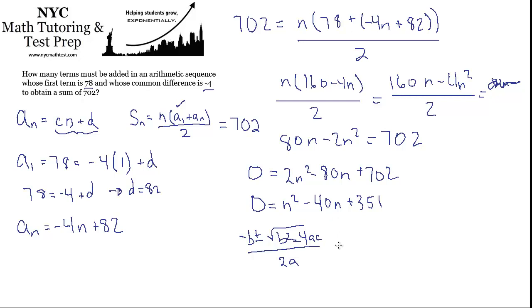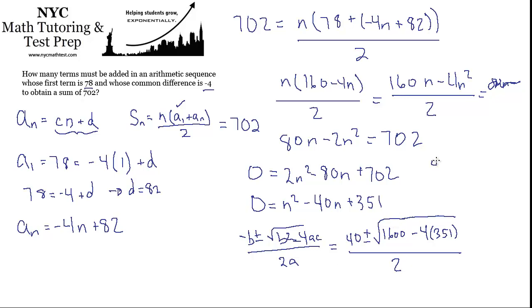So that's 40 plus or minus the square root of b squared, which is 1600, 40 squared, right? Minus 4ac. 4 times a is 1, so I don't need to do that, times c is 351, and that's all over 2a, and a is 1, so that's just 2. 4 times 351 is 1404, so 1600 minus 1404 is 196, and the square root of 196 is 14,